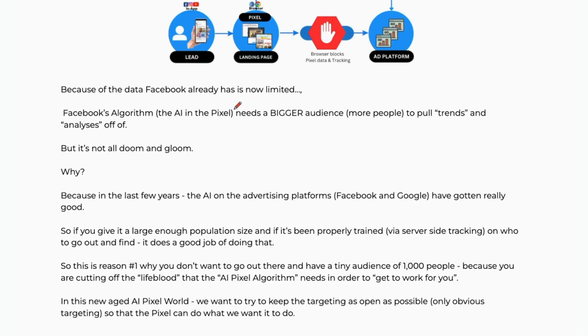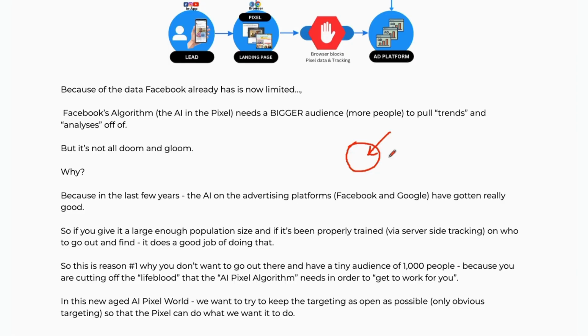And so because the AI is so good at picking up on those trends, we don't want to minimize the group and audience that we're targeting too much, right? Now, obviously we want to minimize it to a point. If our offer is specifically only for women, we don't want to tell the AI to go out there and also search for men. We want to limit it to women,